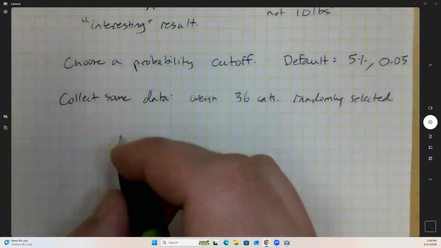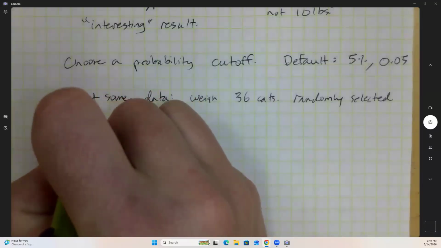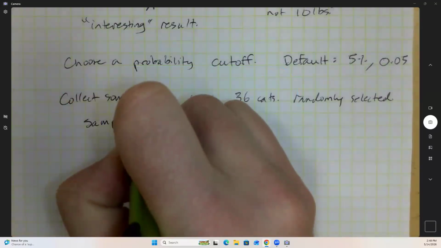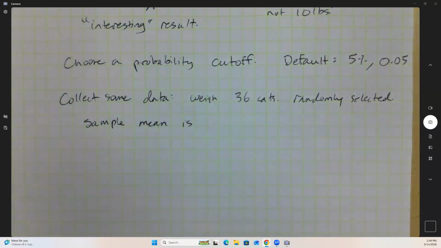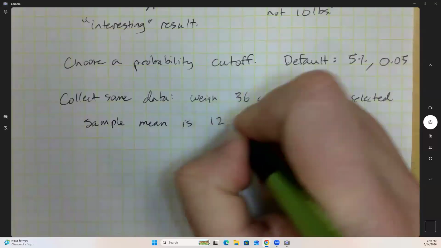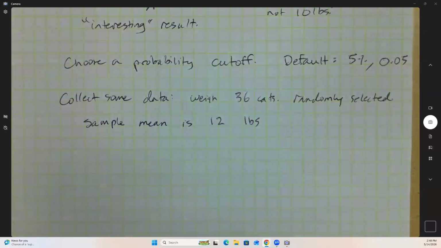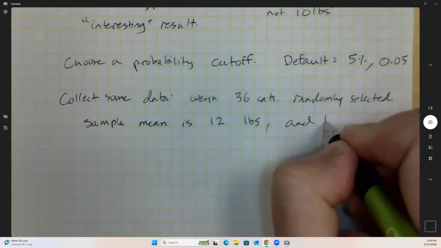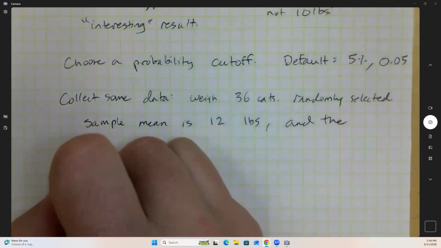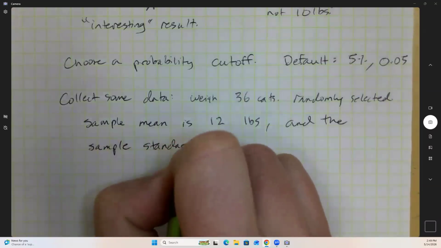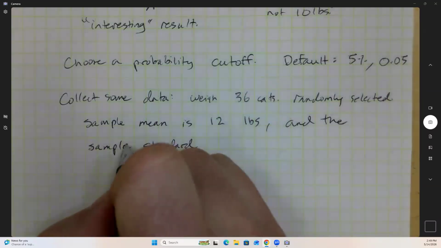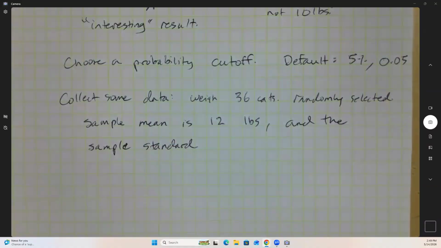Suppose that the average weight, so the sample mean, is 12 pounds. And the sample standard deviation, right? Whenever you collect a sample, we like to have some summary data, and good summary data is the sample mean or the sample standard deviation